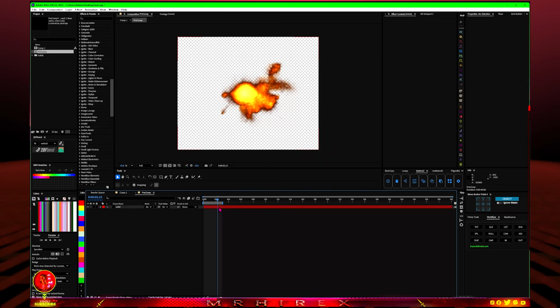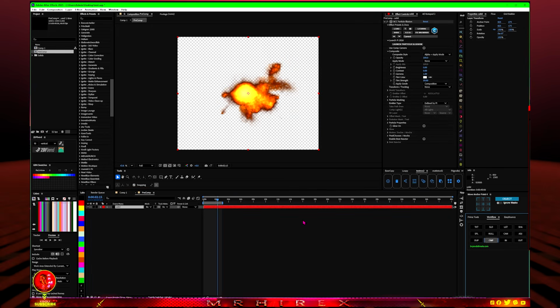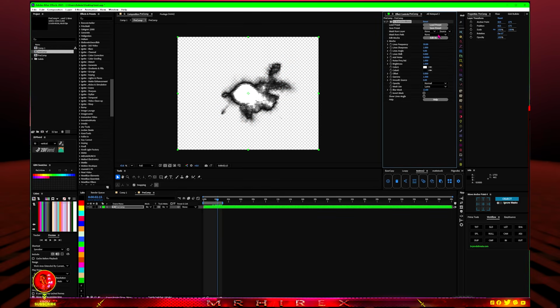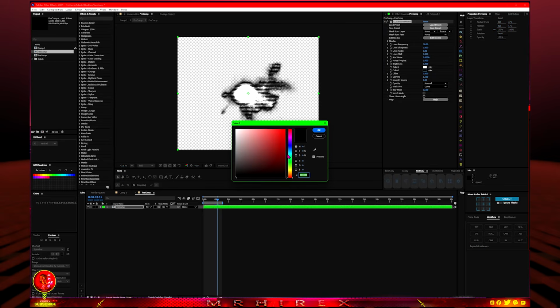and go into the precomp, recompose this again, and now add scan lines. Choose this one, Scan Lines Mono, and just click on it, and you can choose any color you want. I'll go for something like this,